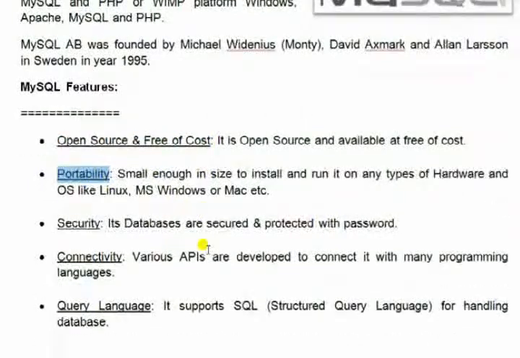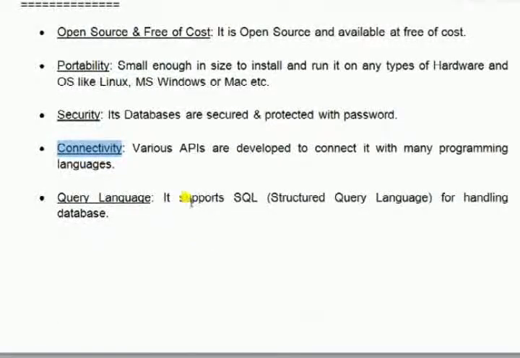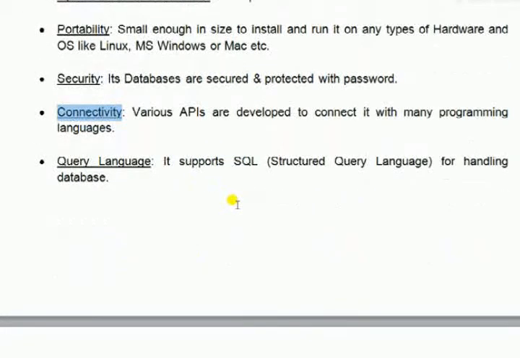So the features are what I just discussed: open source, free of cost, portability, easy to handle, lots of security, no connectivity problem. It has great connectivity across various software, and SQL works very efficiently here.